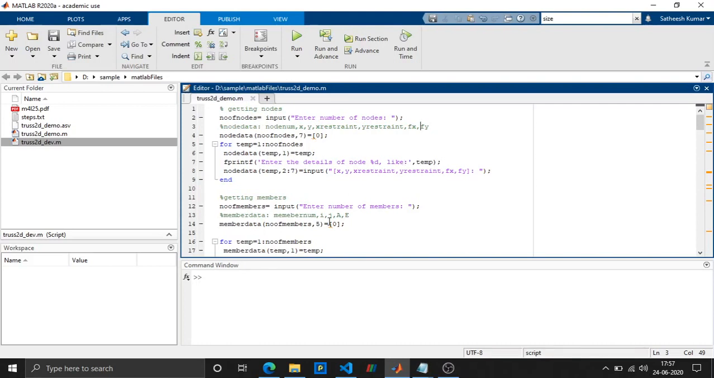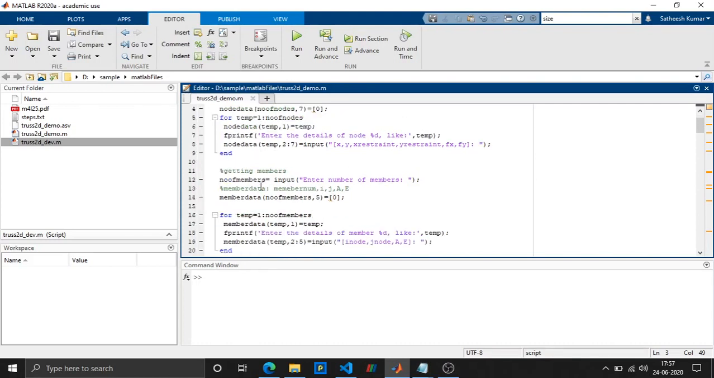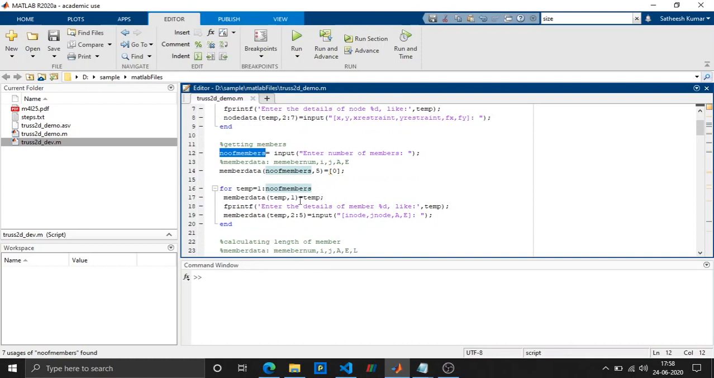Similarly, for the members, we are getting input from the user for the number of members. Using that, we are generating a member data table with 5 columns. The first one is the member number, the second is I node, then J node, A and E. After getting all these inputs,